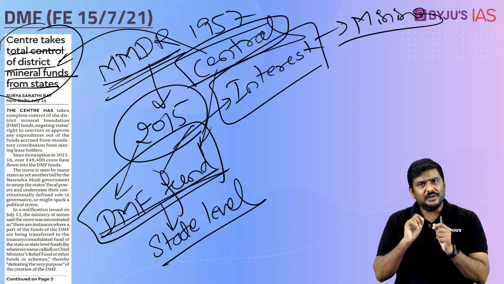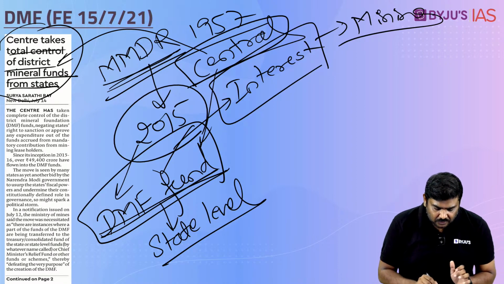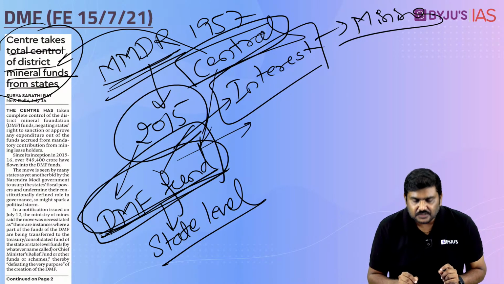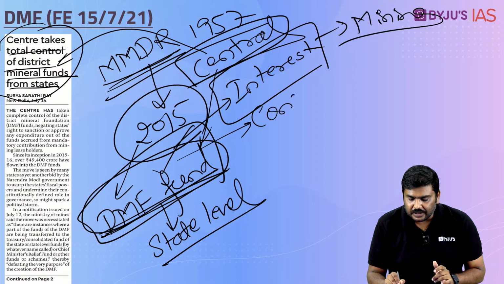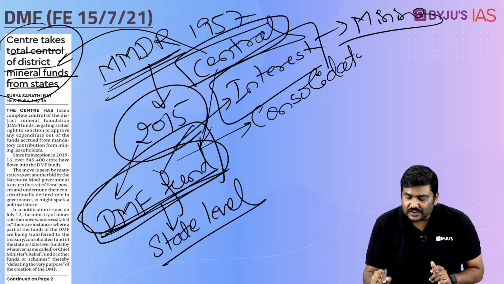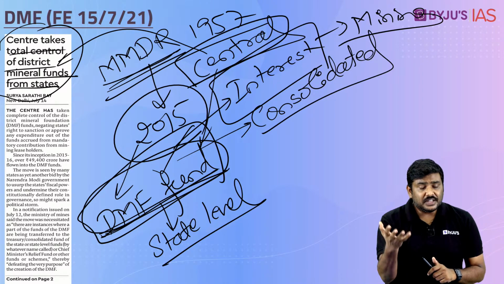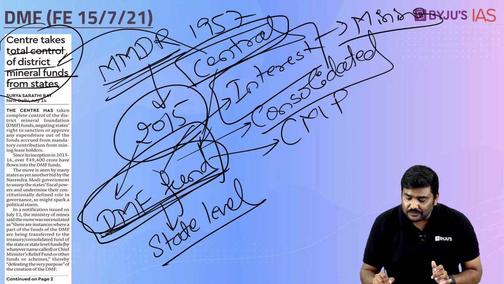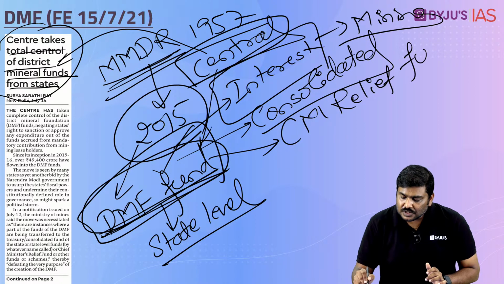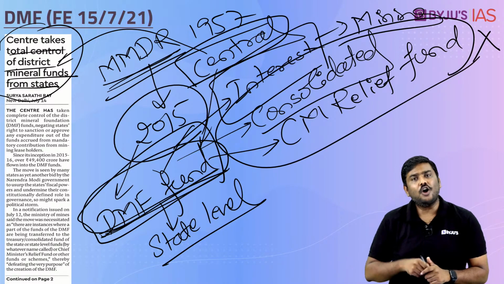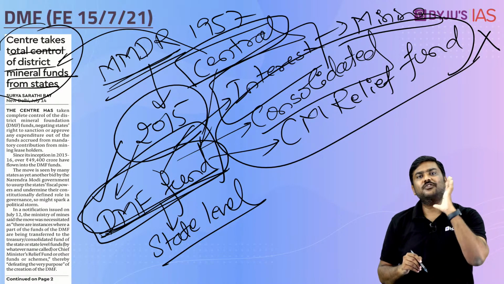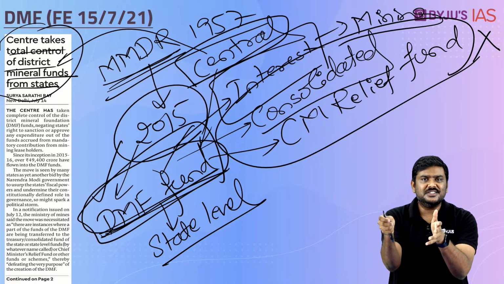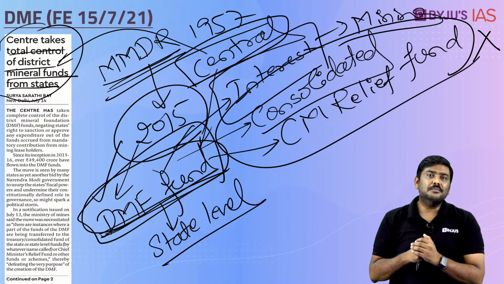Very recently the central government stated that many of the funds lying within this DMF, the state governments are basically transferring within their consolidated fund. Some of the states are transferring that within their consolidated fund. Some of the states are basically taking it out of this and transferring that to the Chief Minister's Relief Fund, etc. So the central government says this is not the objective of setting up a DMF fund. Is it okay? What is the objective? To protect the interest of the people within these particular districts who are affected by this particular mining activity.